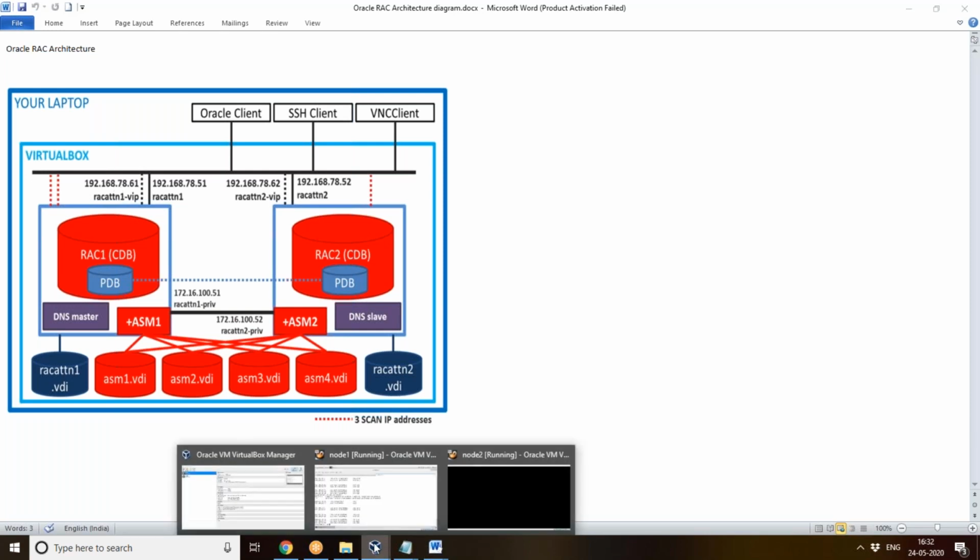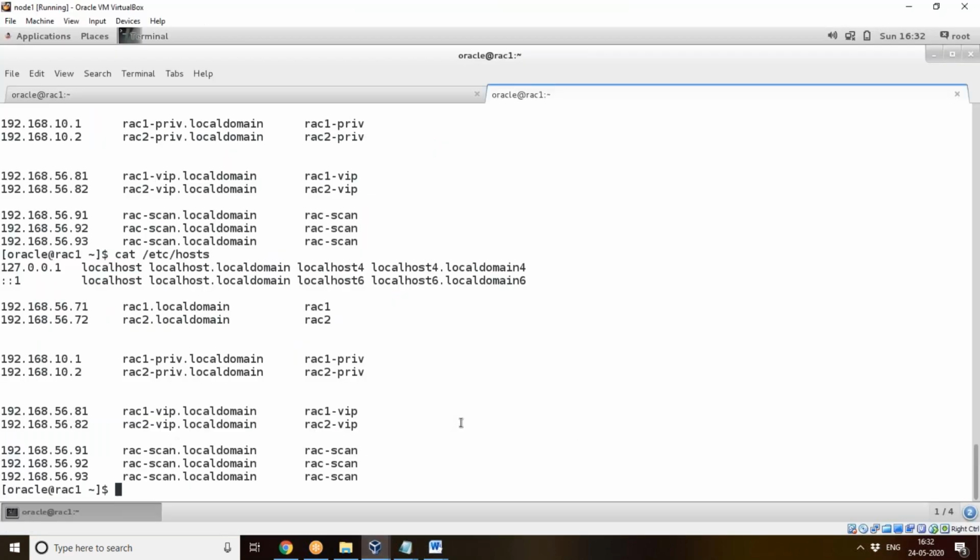So the use of VIP is only during an instance crash? Not like that.